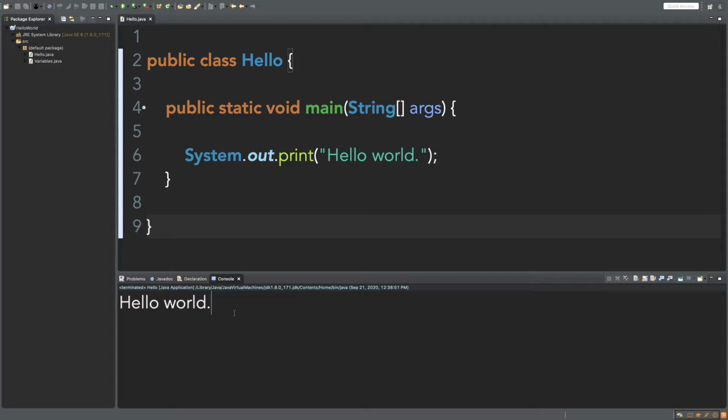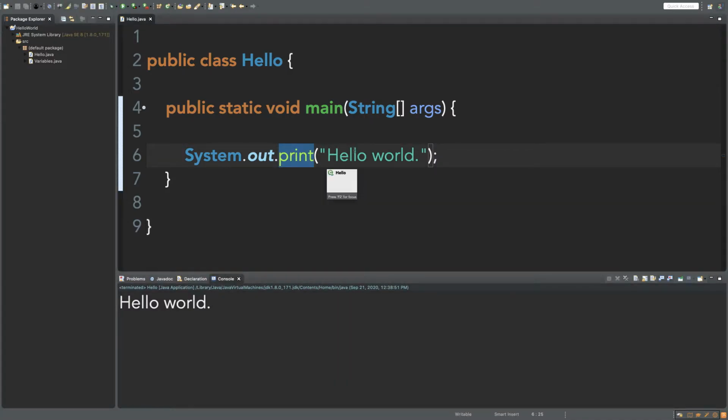Now when I click down here, pay close attention to the console right now. I'm going to do one small thing. Instead of print, I'm going to go print ln. I'm going to save that, and you tell me what's different. If I run this, and I go down to my console, what do you notice that is different? I'll go back again, just do the print, save it, and run it. Go to my console,